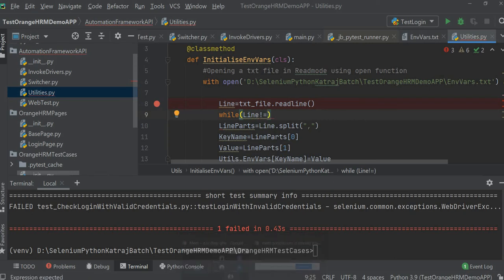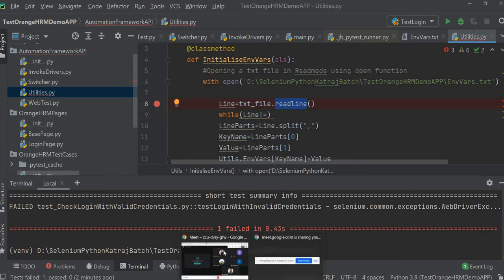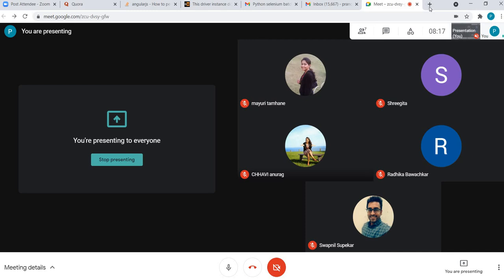Wait a minute, I'm just checking what the readline function returns. I'm not sure. I don't really remember all these things. I always use Google for it.